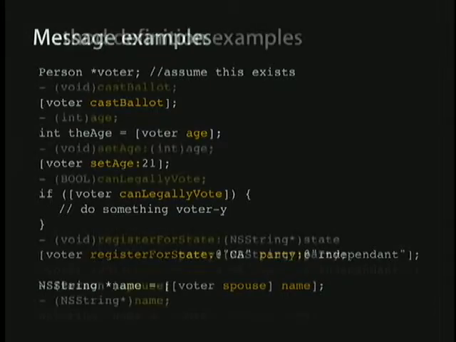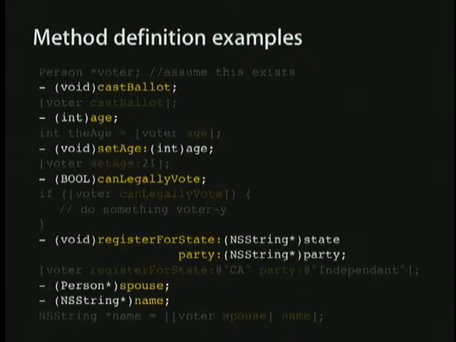Let's just take a quick look at what it would look like in the header, the actual definitions of some of these. So at the top is the definition of an instance method, rather, that returns nothing. And we just called that. That's the cast ballot. So all of these, as you'll see, are instance methods because they all have the minus sign on the left. There's no class methods, which would have the plus. So the next one is one that returns an integer. The value inside of the parentheses there is just int, which indicates it returns an integer, and then age is the name of the method. After that, we've got setAge, which takes an integer. So basically, the definitions of these end up just having in parentheses the type followed by the name.